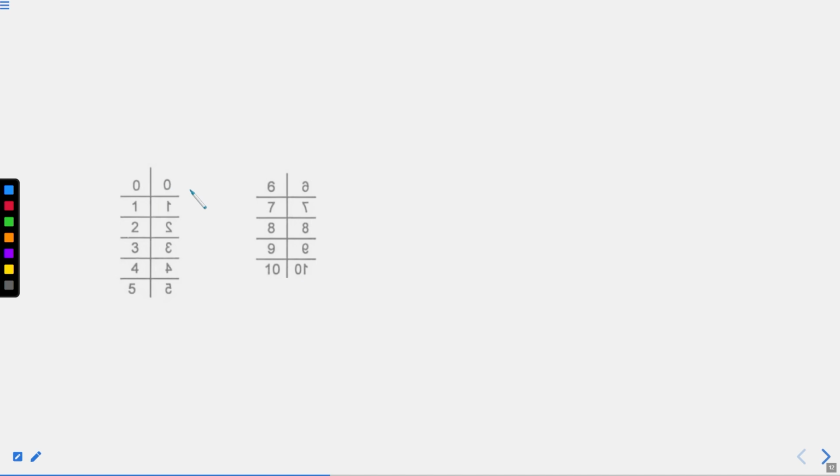So if we talk about 0, it is same. For 1 it is different. For 2 it is different. For 3 it is different. 4 and 5 as well different. 6, 7 is different. 8 is similar. 9 is different. And 10 is for sure different, right? So here we see only 2 digits, that is 0 and 8, having similar mirror image. Remember, right now we are talking about mirror images, right?